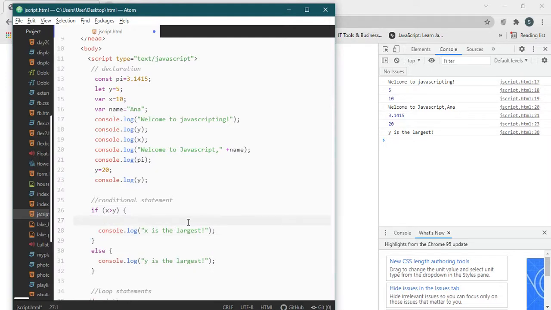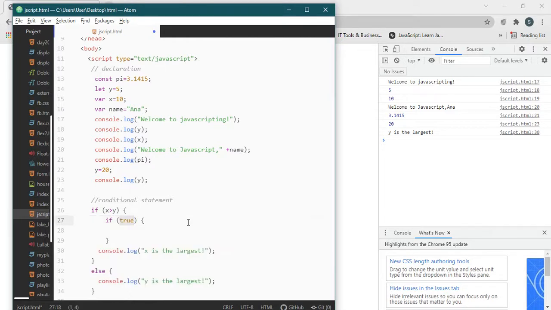So if this condition is true, then another if statement will be evaluated. Like for instance, if we change this y first here. Okay, so if y is greater than x, and it's true, then there's another condition to be evaluated, like if x is equal to 10,